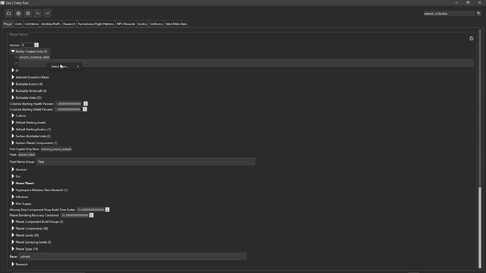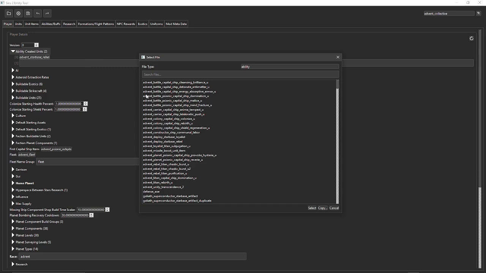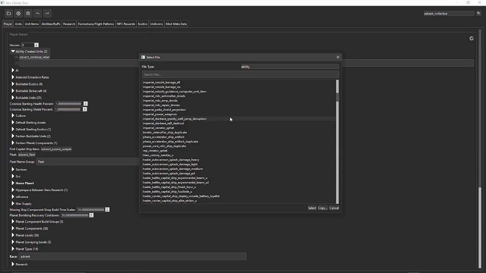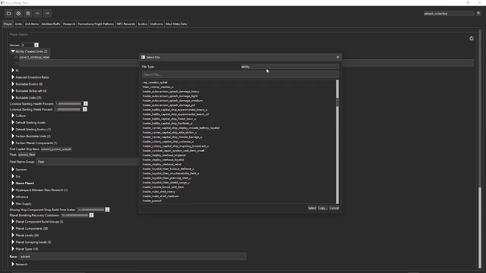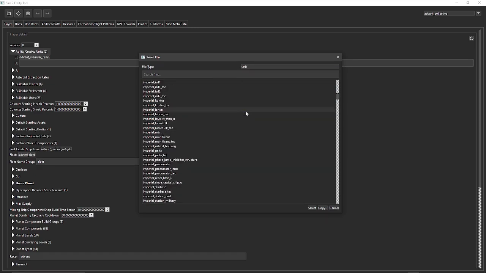And then we can also right-click on values and select from an assortment of other available things like files, uniforms, localized text, textures, and sounds. If we select from a file, we see our base game files along with our mod files. So I can select from our drop-down here, units,